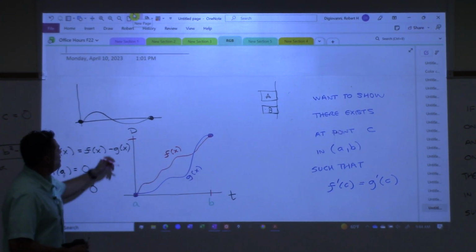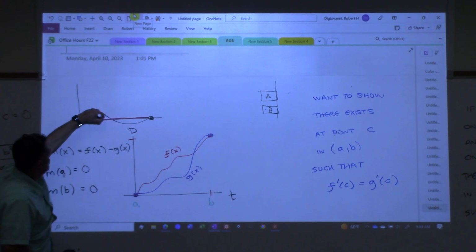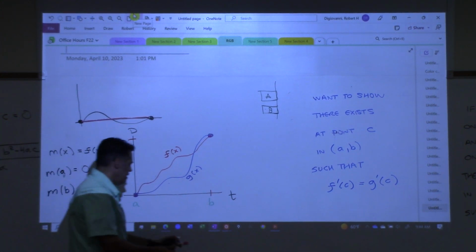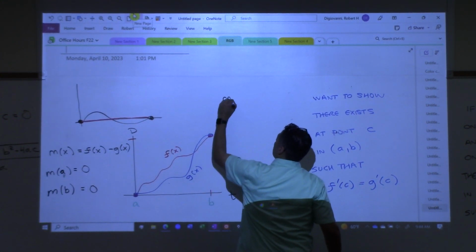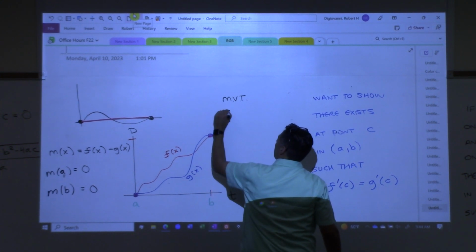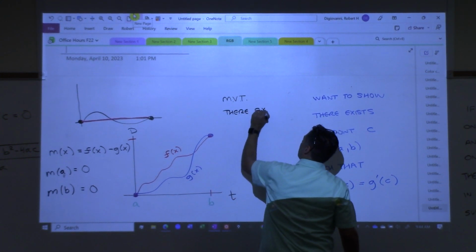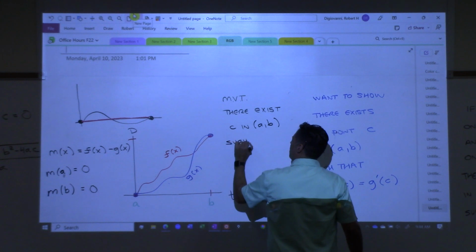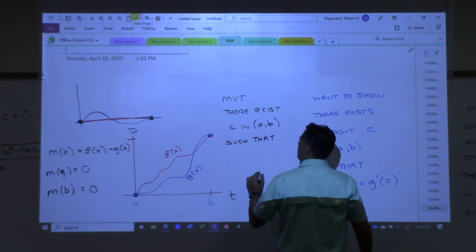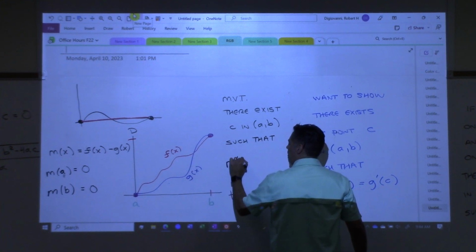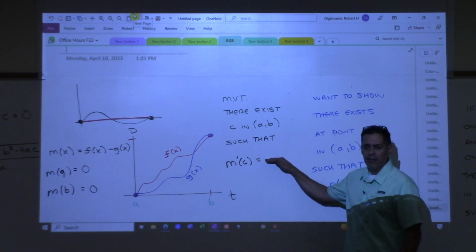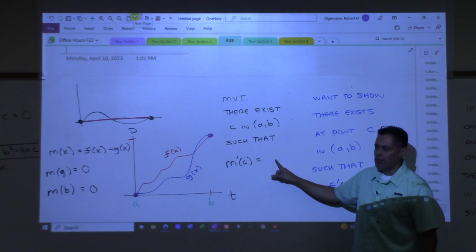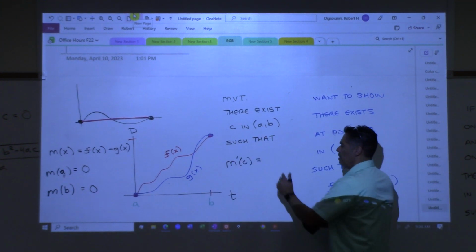So what is the slope of the secant line connecting the two? What's the slope of that line connecting the two endpoints? 0, right? The mean value theorem tells me that there exists a c in that interval a, b such that, what does the mean value theorem say? The derivative of that function m at c must be equal to the slope of the secant line, right? The derivative of the function at some value in there must be equal to the slope of the secant line. What's the slope of the secant line? You just told me. 0, right? But that must be true,